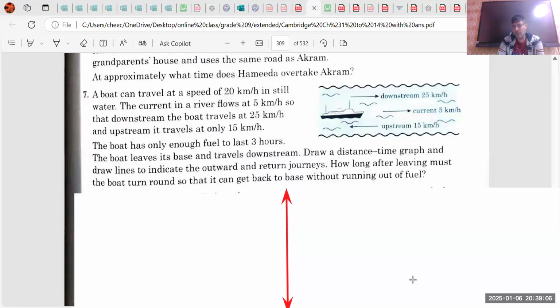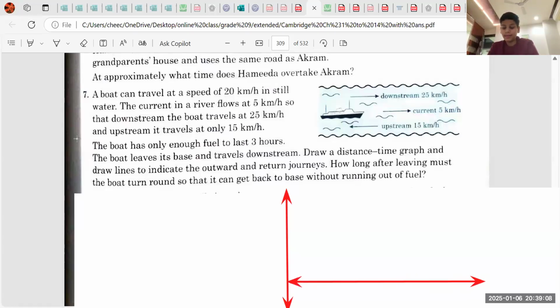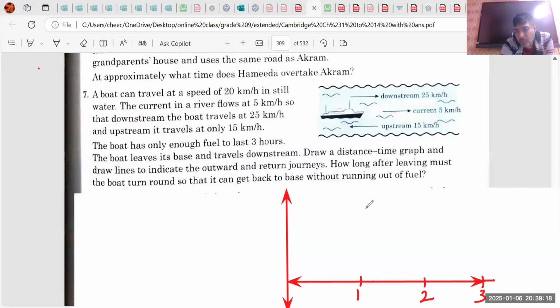See, Mr. Tanish, the boat is going how much? In 1/8. Let it be 1, 2, 3. So in 1/8, the boat is reaching here, right? This is the distance time graph. So the boat is going at a constant speed, so it will be like this to this point. Find the distance, write it here. And then the boat comes back again at 3 hours. So this is the graph I have made for you.